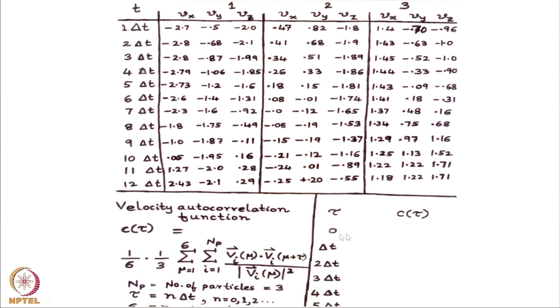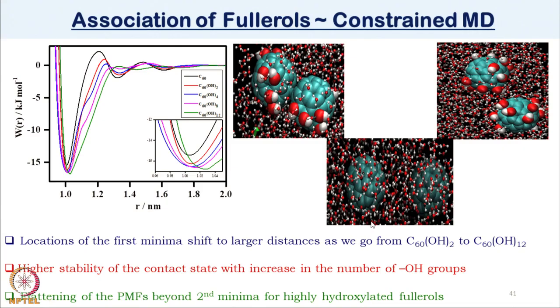Okay. So, then you list all those points. Find tau is 0. At 0 it is just the square of the original value. What is the value at 0? All the values squared. That is my initial value. Then at each delta t I take products as I described to get the autocorrelation function, and its picture you already know how it looks like.